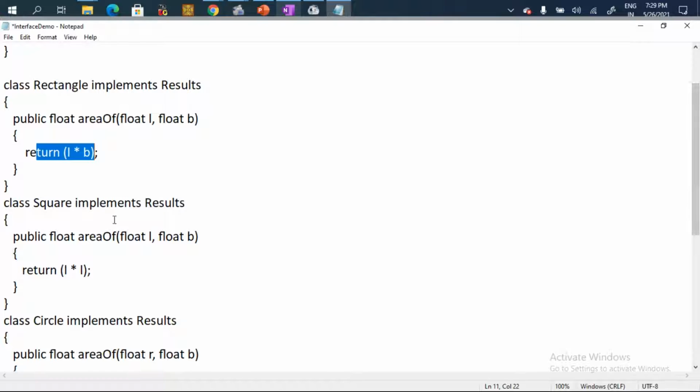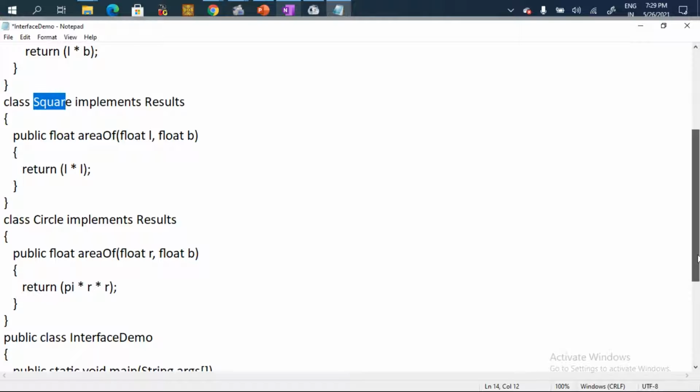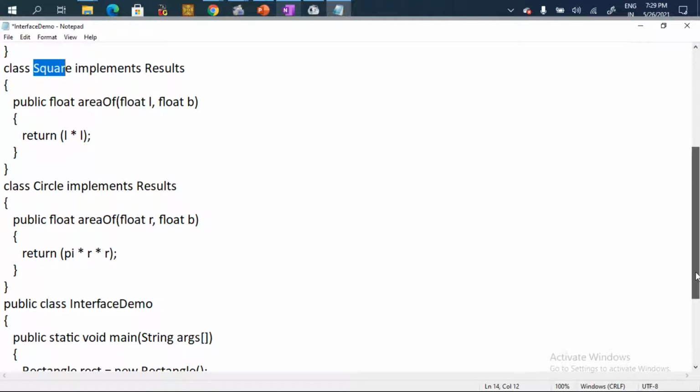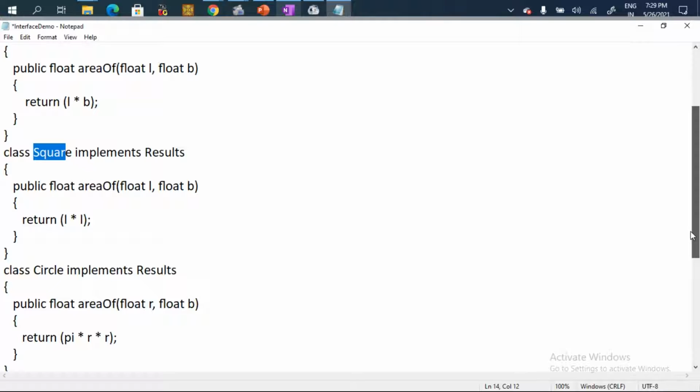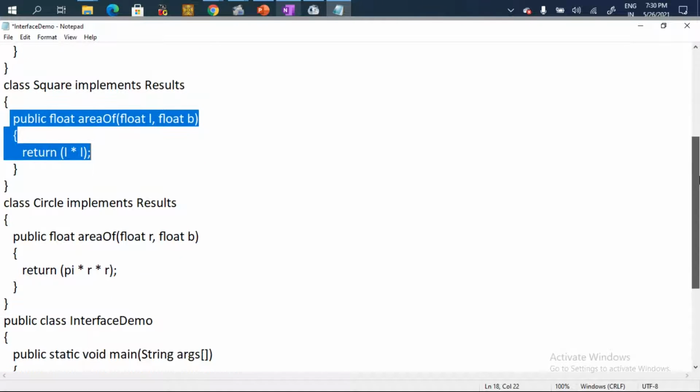After that I have taken one square class. What I have done is I have taken a rectangle class, a square class, and one circle class, and I am calculating its area using the interface, which I have defined as the result interface. Now the second class is the square class, which is implementing, of course, the same interface which we have defined earlier, that is result, and here I have taken the formula as both values length and length for the square, because we have a simple side for a square. So s multiplied by s gives you the area of a square.